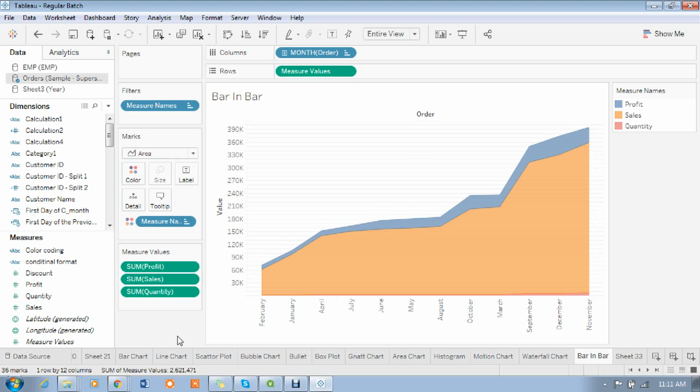Dual axis, you can get two different graphs. But for the blended axis you cannot get two different graphs. For the synchronized axis also you will get two different graphs, because you are only changing the values, syncing them, not the look. We are syncing, but it can have multiple graphs. But for the blended axis, you should have only one graph, but for multiple measures.